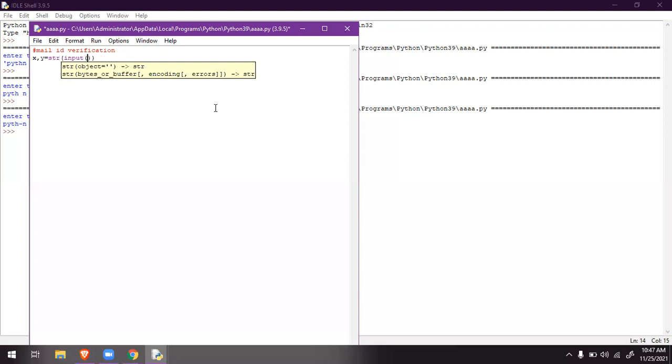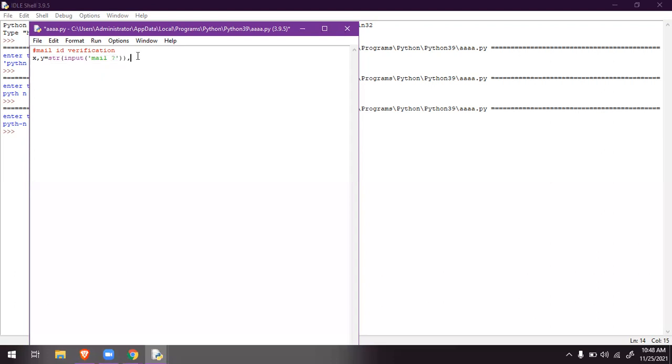I'm writing in quotations "mail?" for the sake of simplicity, and taking a comma. The entered value will be assigned to the variable called x. The mail which the user enters will be assigned to x.